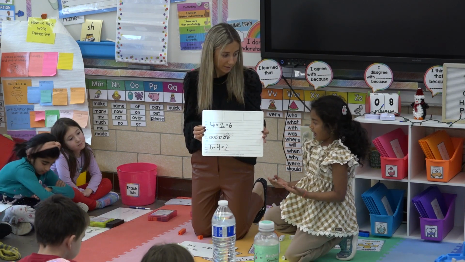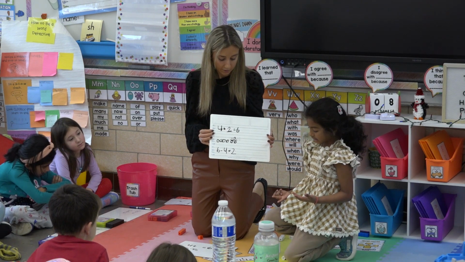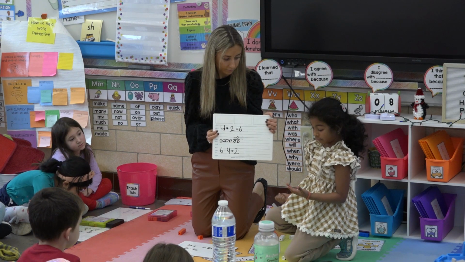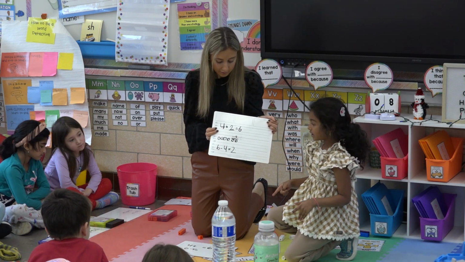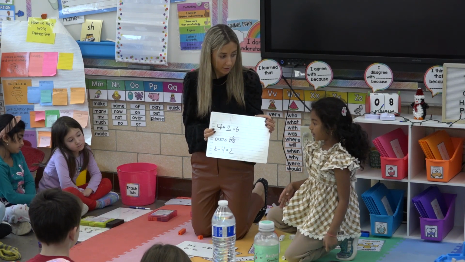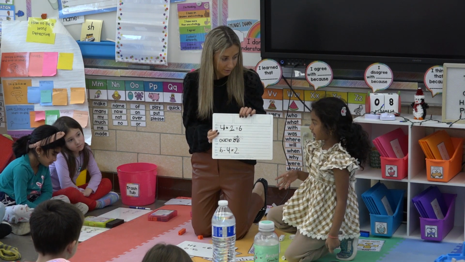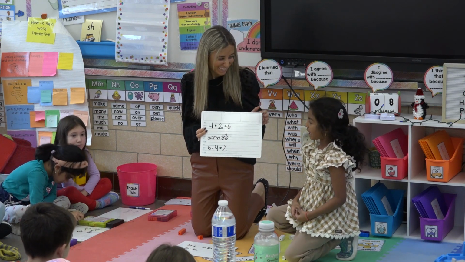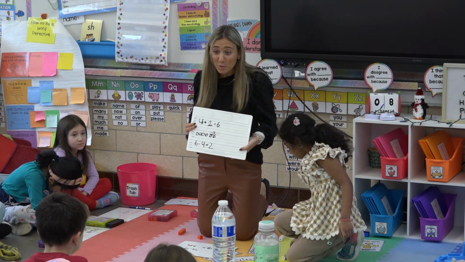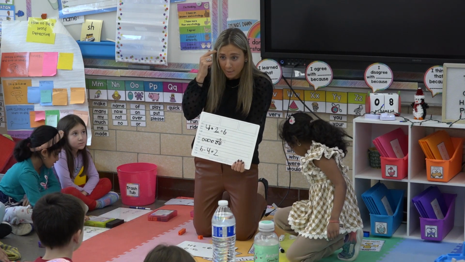So I had 6. I took away 4. I landed on 2. I did it again to double check. It was 2 again. And I noticed it was the same numbers, so it had to be right. Okay, so what strategy did she use? She thought about